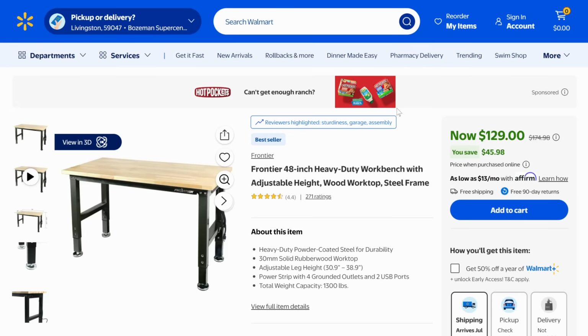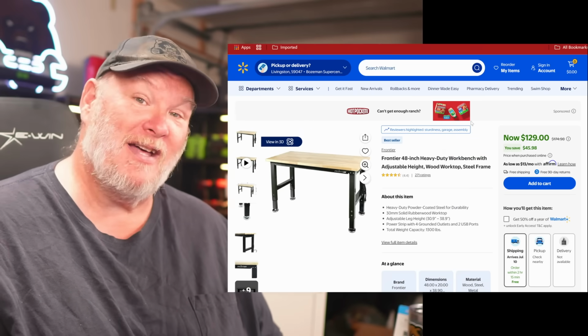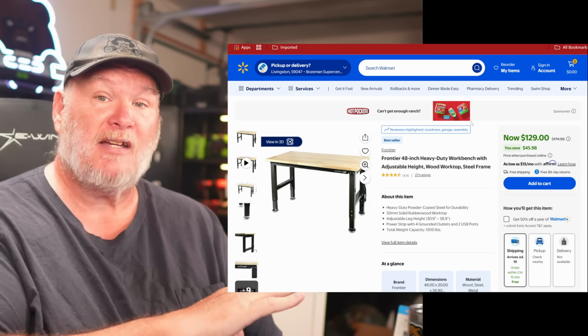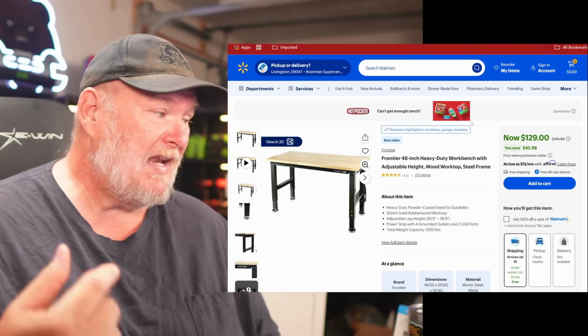The Frontier 48-inch heavy-duty workbench, adjustable height wood workshop with steel frame. Now, on mine, I've replaced the pads down there with wheels. I will say this, don't slide them around with heavy objects on them, because they don't have lateral cross supports, which is the only thing negative about it. But if it's going to be static, up against the wall, perfectly stable for $129, and it has the power strip